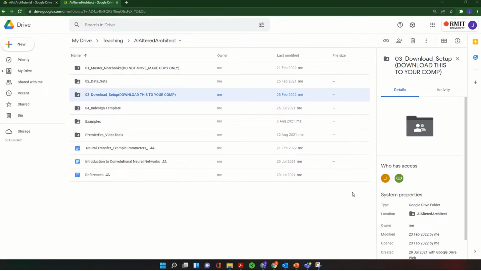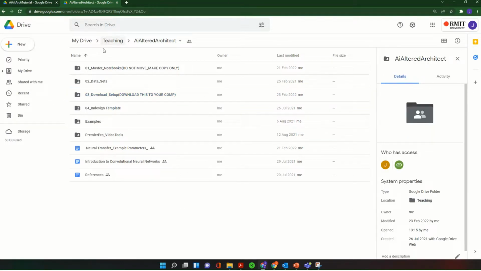Hi everyone. In this tutorial, I'm going to be going through how to use Google Collaboratory to create 2D neural style transfers. So we're going to be looking at the Google Drive folder that I've shared with you all called AI Altered Architect. And we're going to be looking at how do we get this to work with the Google Colab. So the first thing you want to do is navigate to your AI Altered Architect folder